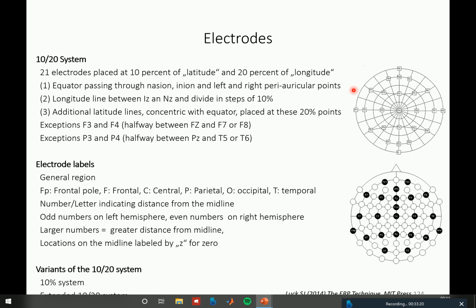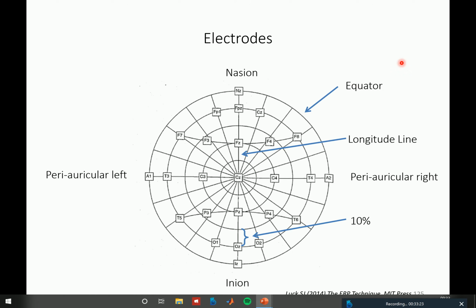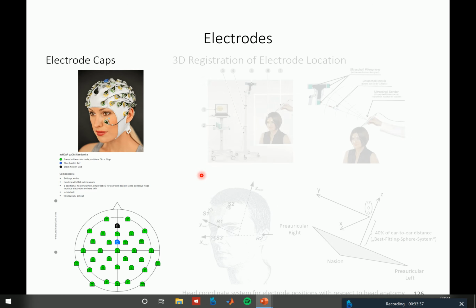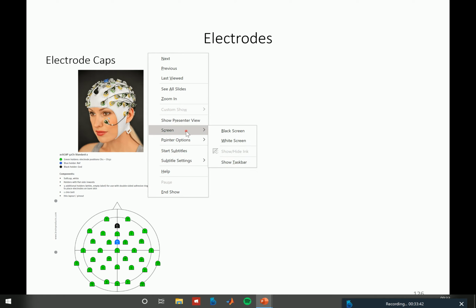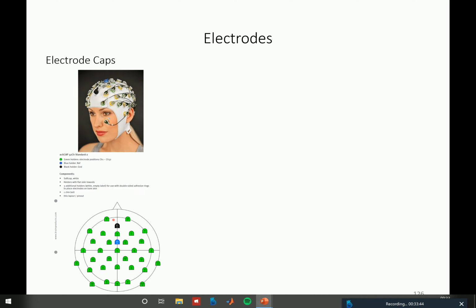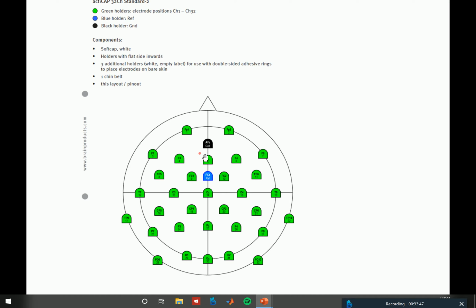So not that perfect. So this shows the overview again. Here you have the equator, you have the 10%, you have the periauricular points, and here you have the electrode labels. Thing is, each electrode cap, and this is what this shows, these days comes with a sheet that actually gives you the electrode labels, and in addition to the electrode labels has just a linear index